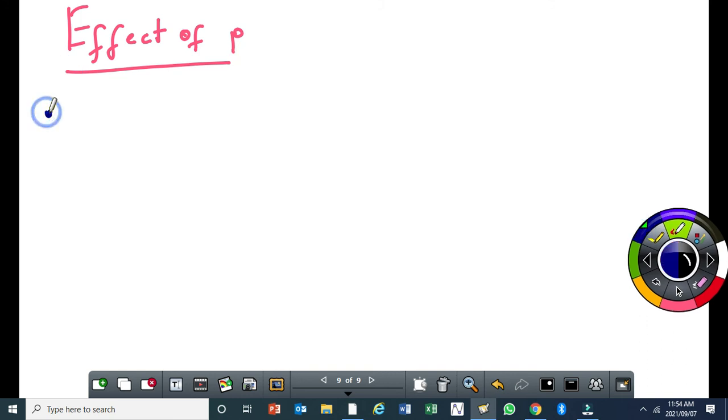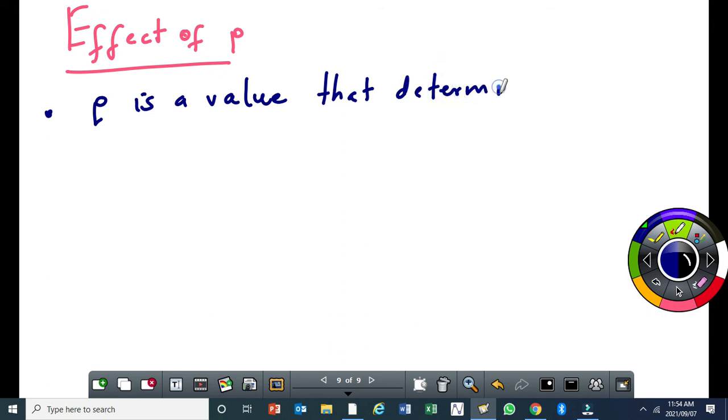So first point, p is the value that determines the horizontal shift of what? Okay, the horizontal shift of